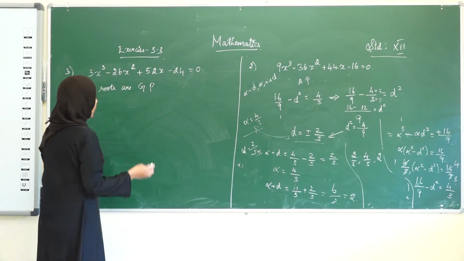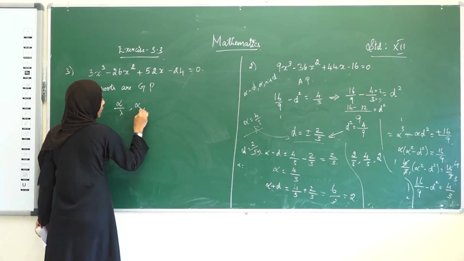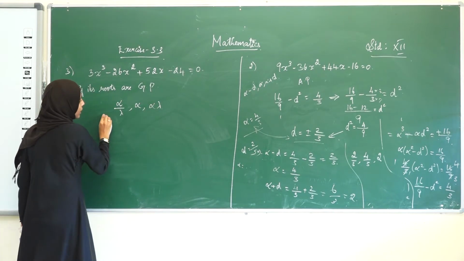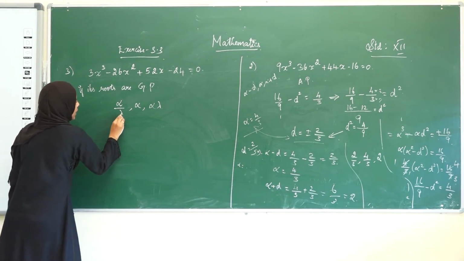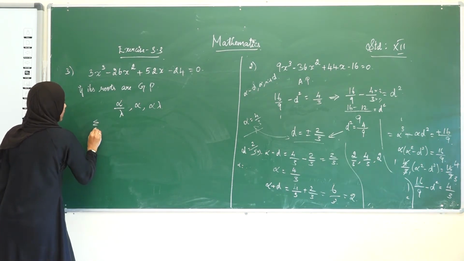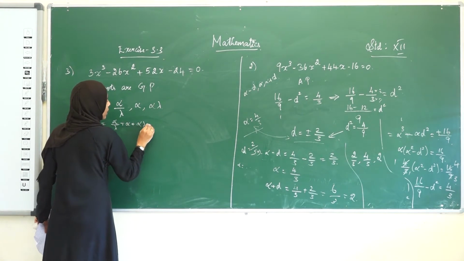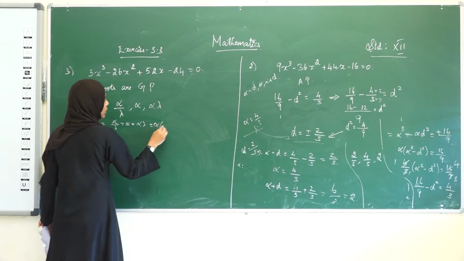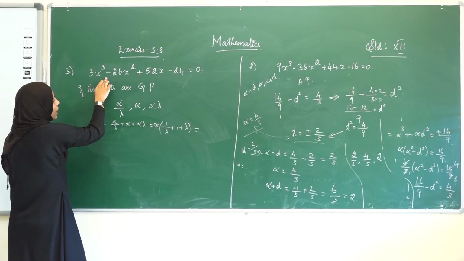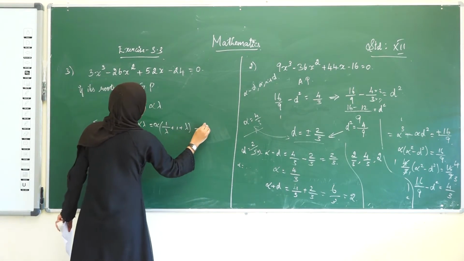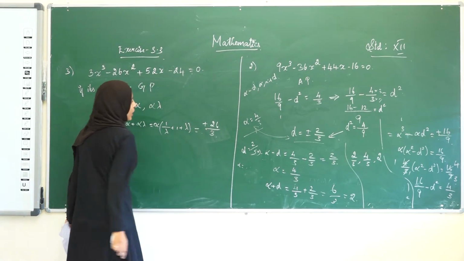So the common terms we have seen in the example, right? What are the common terms? Alpha divided by lambda, alpha and alpha lambda. These three terms are the ones we are going to take as the roots of this cubic equation. Then by Vieta's formula, we can read summation 1 is equal to alpha by lambda plus alpha plus alpha lambda. We can take the alpha outside: 1 by lambda plus 1 plus lambda. Here it is already minus, so minus b by a becomes plus 26 divided by 3.